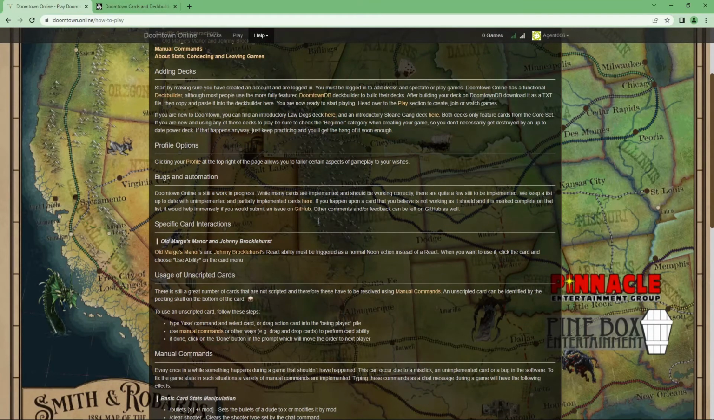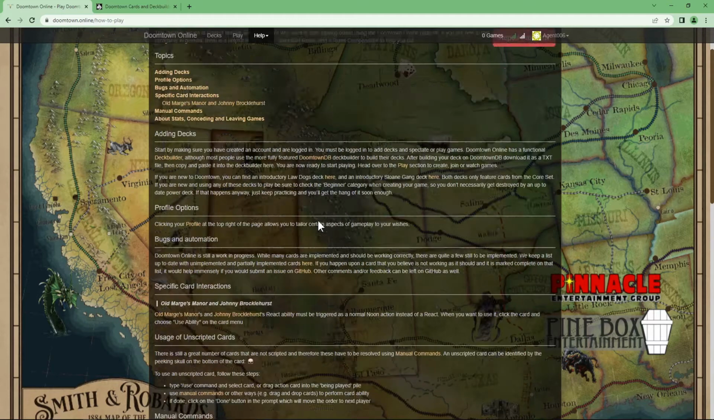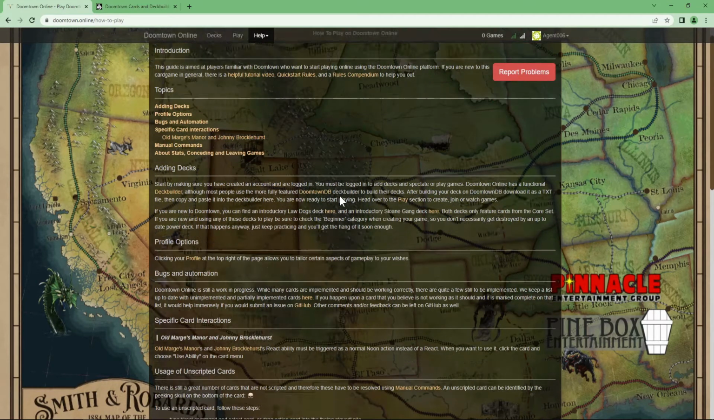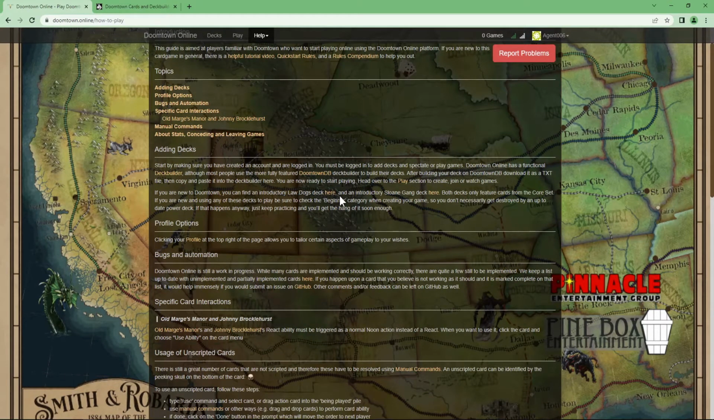Now you can go ahead and read through this at your leisure. I recommend printing this page to PDF so it's accessible to you when you're playing the game. I do not recommend having two tabs open, one with this how to play and one with the actual game client on, because it may cause a disconnect. So if you really want to reference this page, just print it to PDF and reference it separately outside the